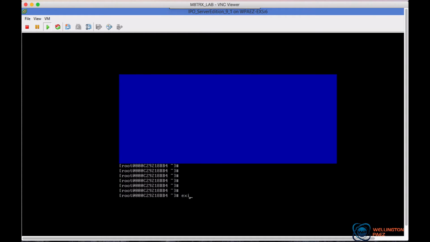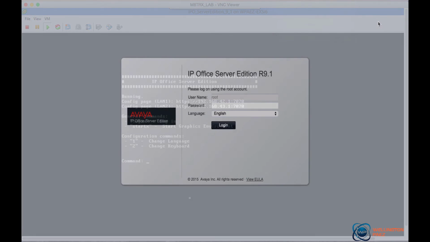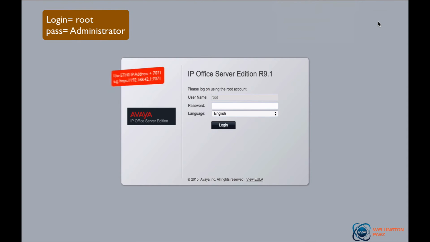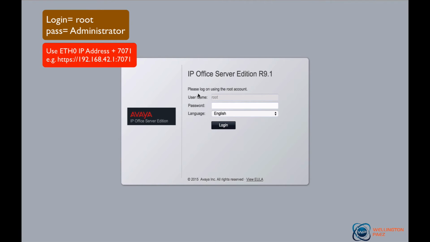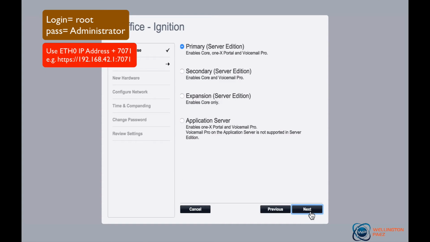To exit out of the tool, you have to type in exit, and that's going to take you back to the main menu. Let's look at the server ignition. You're going to log in with root administrator. You can see that the port is 771, so you need to put in the IP address of the IPO plus port 771. Let's go ahead and type the password here for the root account, and it's going to ask